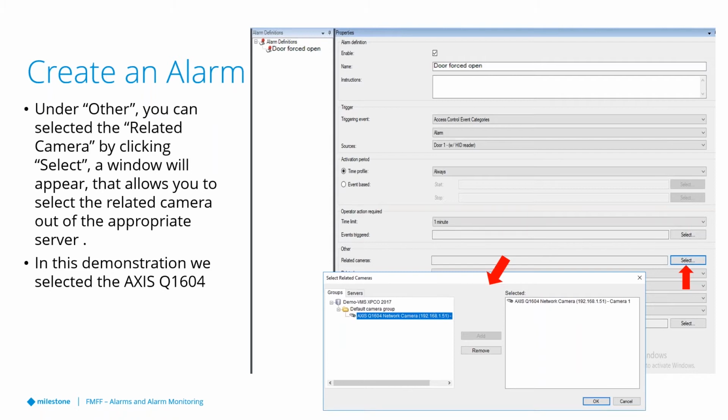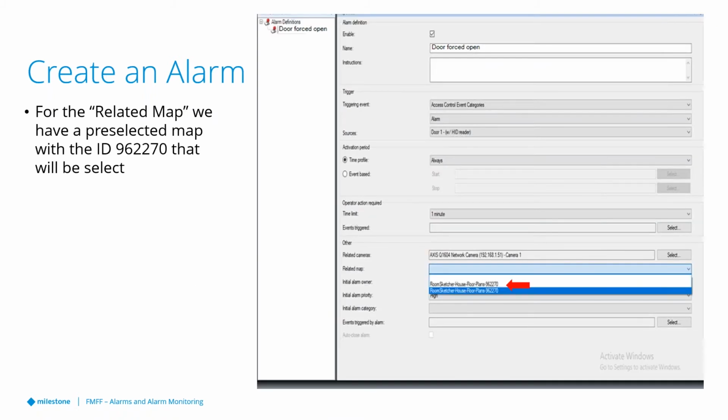Keep in mind, this is a demo, so I only have one particular camera identified in the system, but you could have a huge list of cameras with a huge list of servers. So it could be a little confusing if you don't have it properly documented. After you do that, and you associate that particular camera, in this case it was an access camera as well,